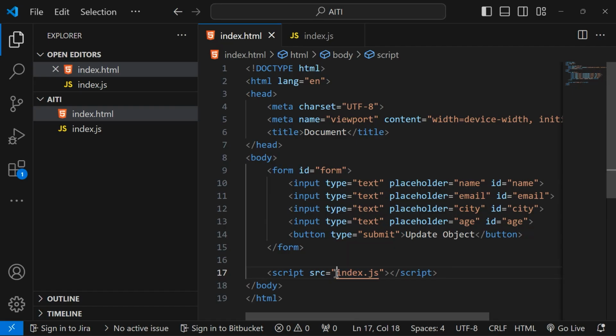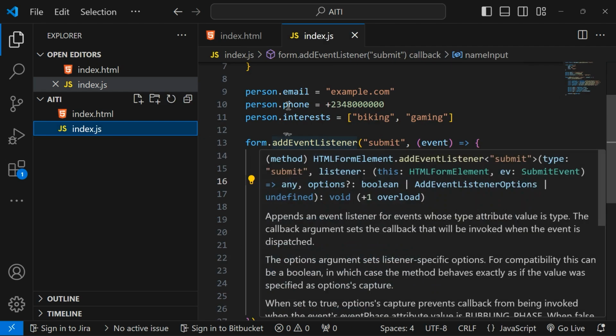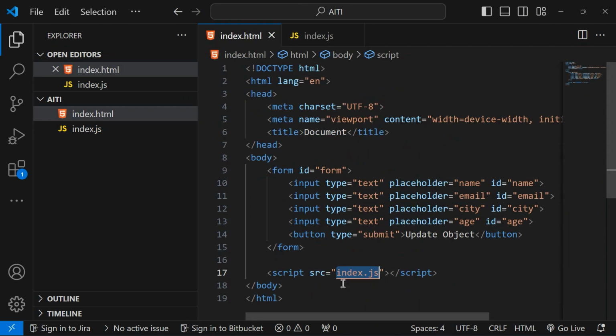So the question did not tell us to create an index.js file, but we already know that to link a file, that file needs to exist. So we'll go ahead to create the index.js file as well. So after we do that, we are done with